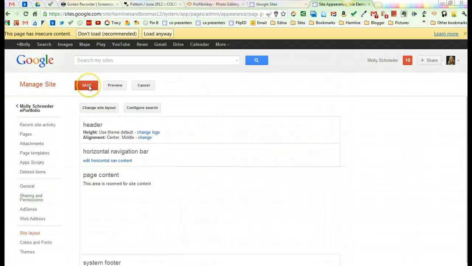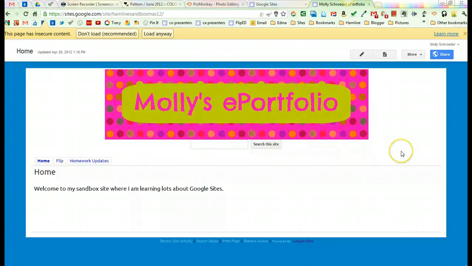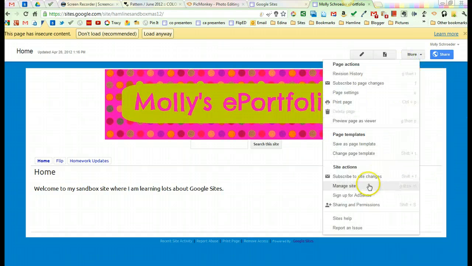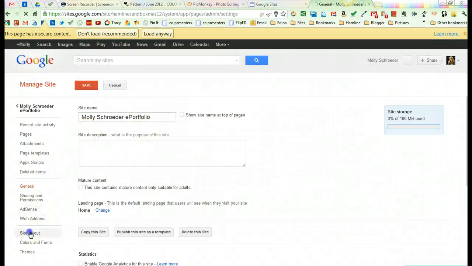I click Save. And now if I go back to Molly Schrader ePortfolio, you can see that that's now my header. So you could make it a little bit longer if you wanted it to fit a little bit differently. You could actually change the size of your Google site in that same place to make it look a little bit different. So in that Manage Site, I could go into Site Layout